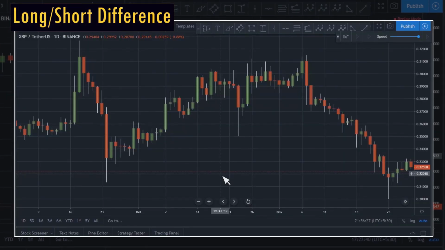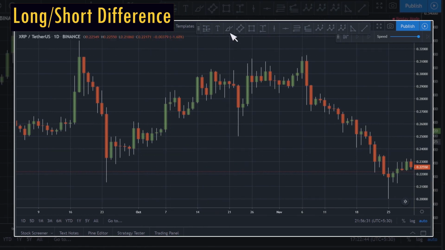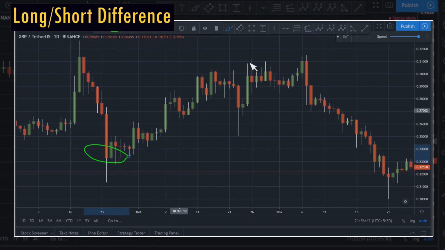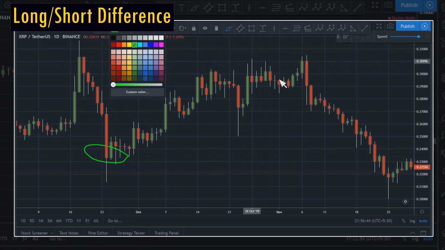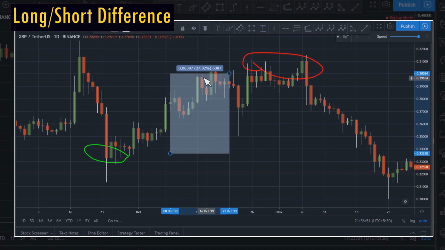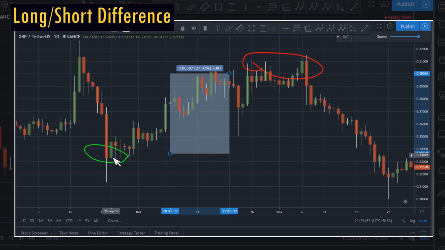Alright, let's try to understand the difference between a long trade and a short trade. In a long trade, you would try to make a profit off of the price going up. For example, in this chart, I have the XRP USD chart open. Let's say you buy here at a lower price, and then when the price goes up, you sell it here, right? You would make a profit of roughly 25%. So in a long trade, you buy first and then sell later at a higher price. So that's a long trade.